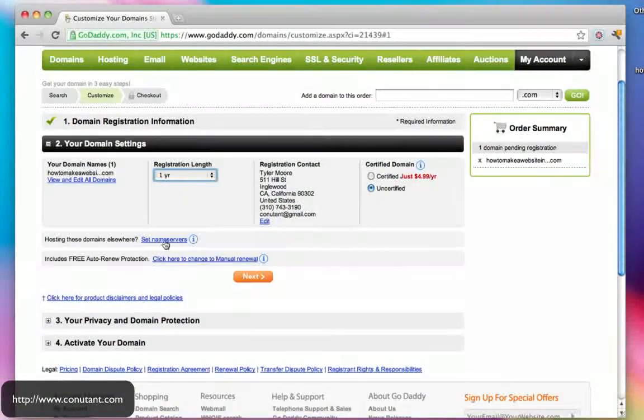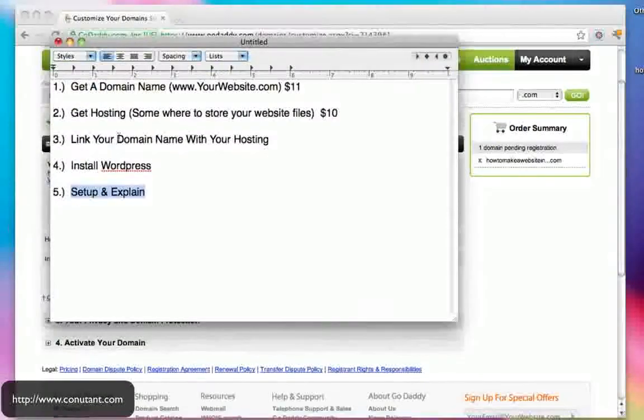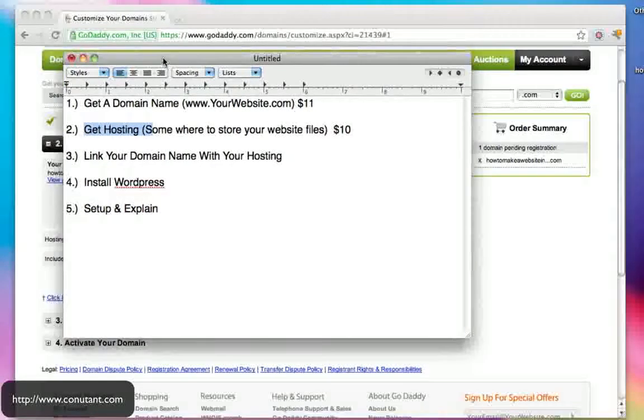We're going to set up name servers later, and I'm going to explain that later. It's basically what your hosting is called. So remember this. It says to get hosting, get your server. Right now we're getting our domain name. It says to get your hosting, and that's